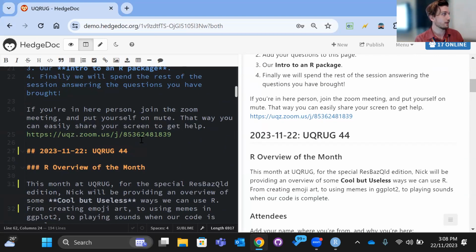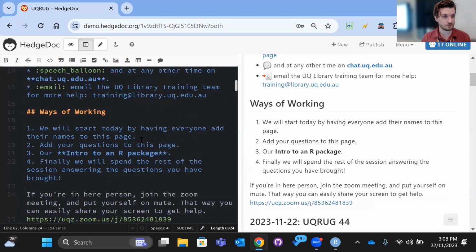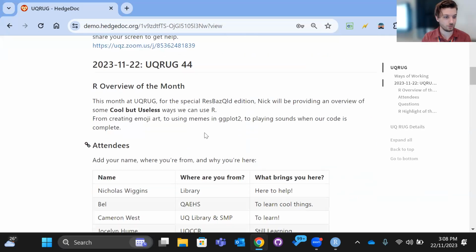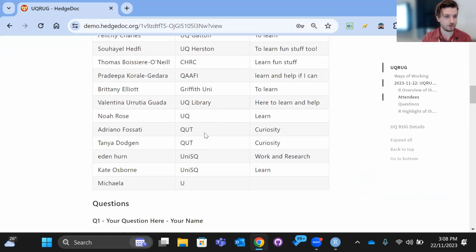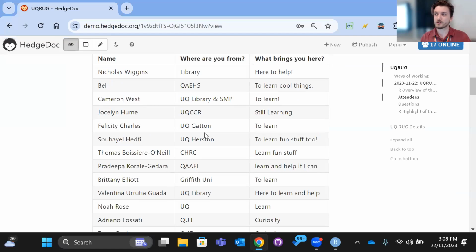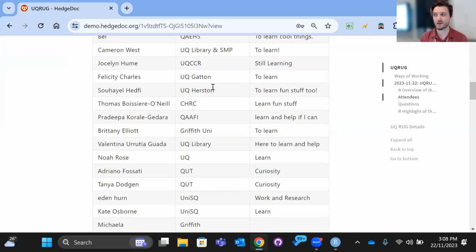I can see Valentina's gone around and helped people who need helping, but everyone's got their things in. Cool. I'll go back to the regular viewing mode. We can see we've got a good range of people here. Usually it's just a whole bunch of different UQ places, so it's good to see a nice variety of things. I've said it before, and I'll just reiterate this. If you're from a different university, I don't mind if you come to UQRUG at other times as well. You know what the Zoom link is now, and you know how to get to it. So if you show up, I guess we'll help you.